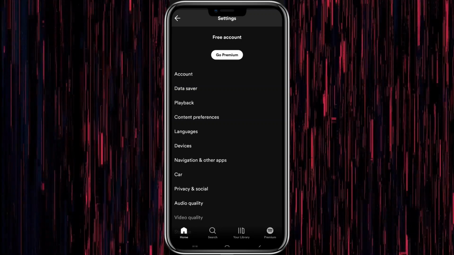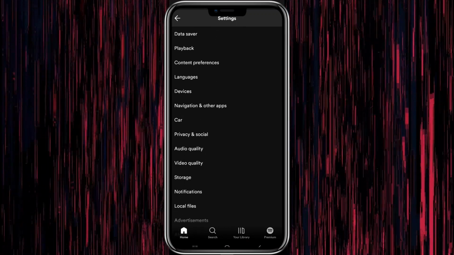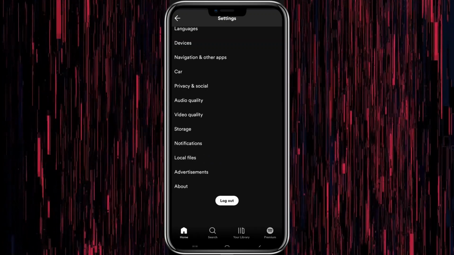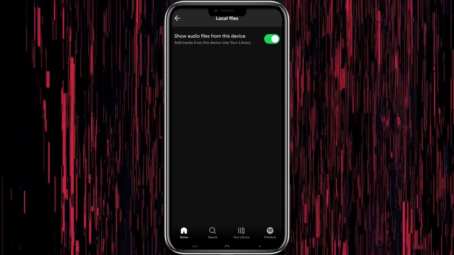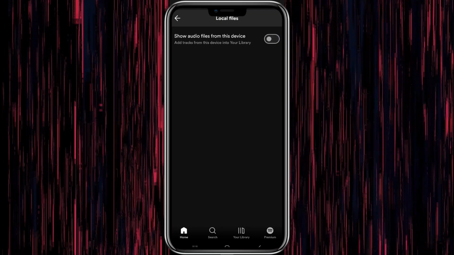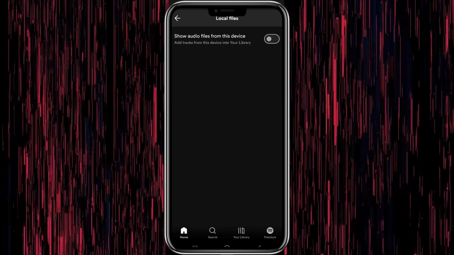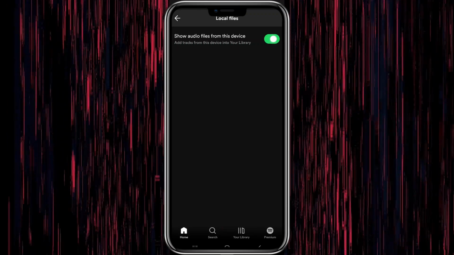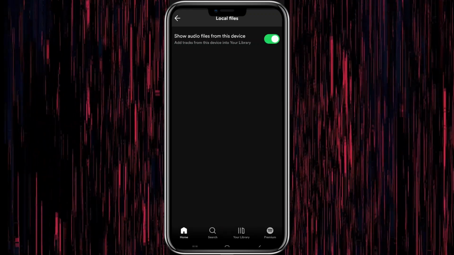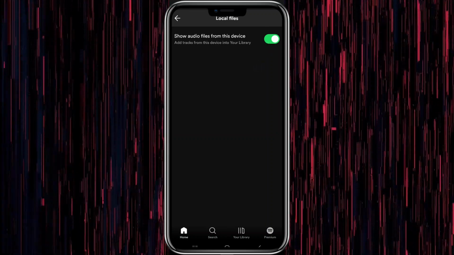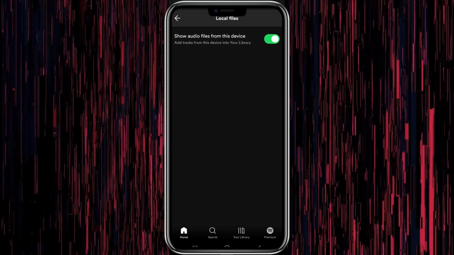So after going to settings and privacy, you need to find the option called local files. This is the option I am talking about. You have to click on this option called local files. After clicking on this option, you can see there is an option called show audio files from this device. If this option is turned off, just like this, you need to turn this on. If that option is turned on, it will show you a green signal just like this. Okay, so after doing so, you are ready to go